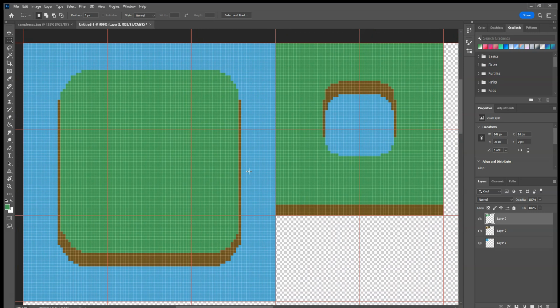And let's go ahead and use this and bring it on over and see how our shapes are looking. So right now we have a pretty good start to our very first pixel art map. And so when we come back next time, we're going to continue to work with this to kind of take us to the next level to see what kind of things we need to do to make our